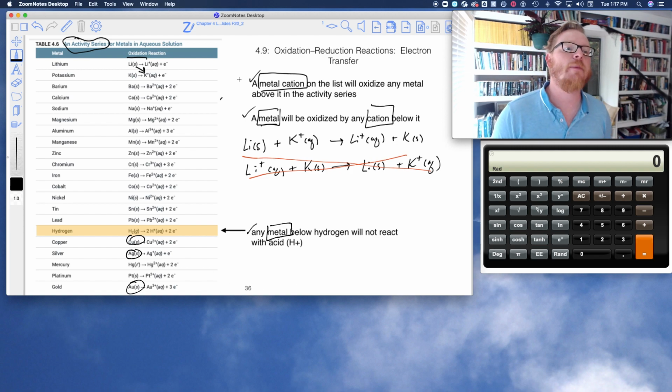You do not have to memorize this list, but if you were given the activity list, recognize that I can go from metal to cation down the list, but I can't go from cation to metal. And anything below hydrogen on this list means it will not react with H+. Okay, so I'm going to move